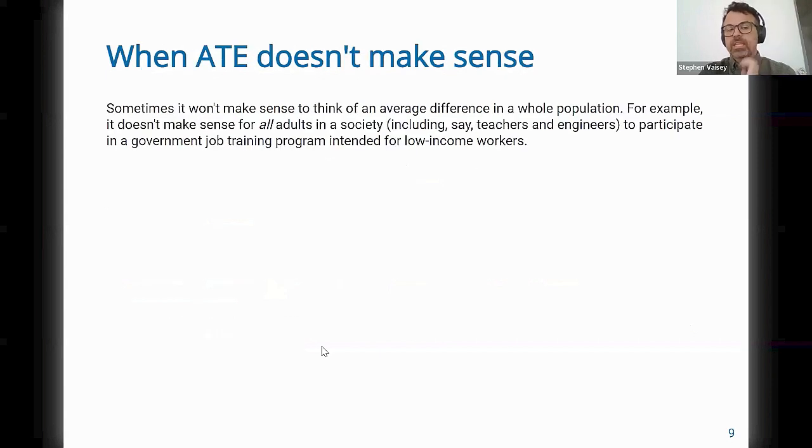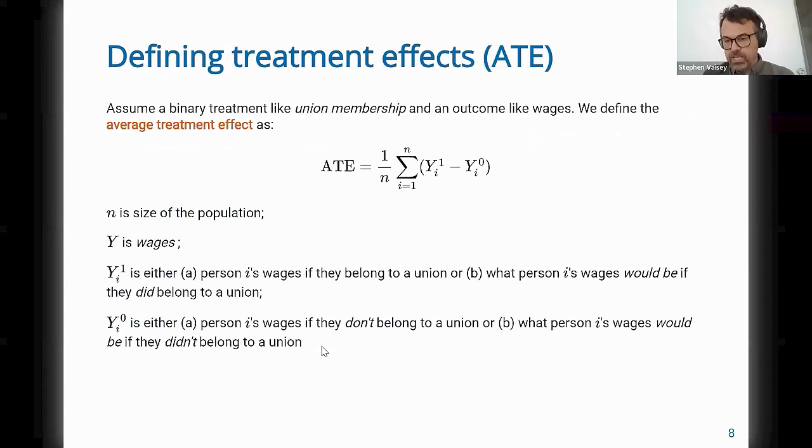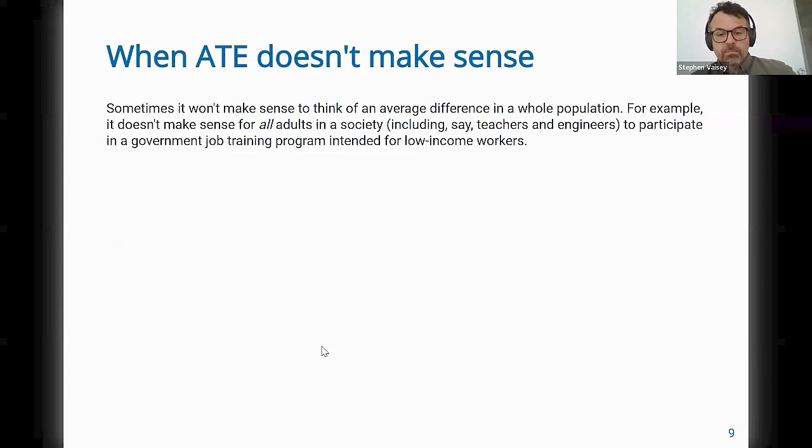Okay. So the ATE here is just the average difference between these two states. Like, what if everybody switched? What if the people with a college degree, or whatever? What if people in a union stopped being in a union? What if people who were not in a union started being in a union? You can think about the average difference between those two. That's called an unconditional average treatment effect. It just means, basically, close your eyes, grab somebody at random, whatever they are, turn them into the opposite, and what's the average difference that makes? So the ATE is really simple to understand. It's just whatever you are, imagine you were the opposite and take the average difference it makes to everybody in a population. Sometimes the ATE doesn't make sense because the treatment that we have doesn't make sense to apply to